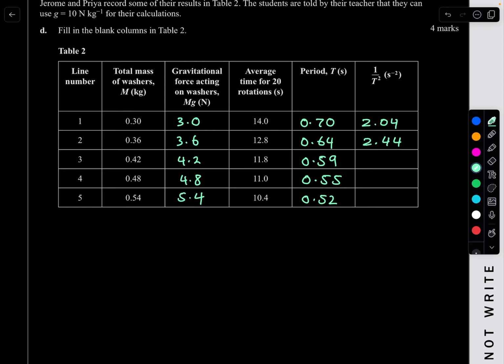The next one, 0.59, is 2.87. Then 0.55 gives 3.31. And then 0.52, which is